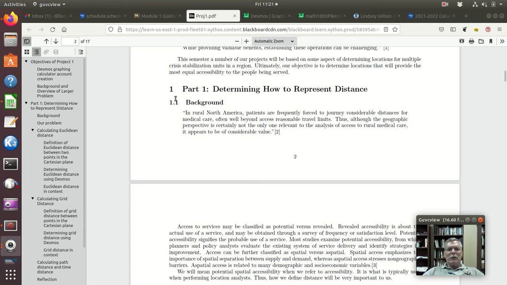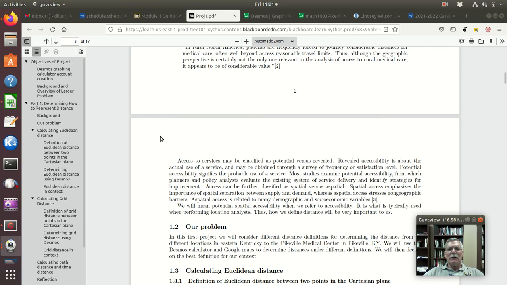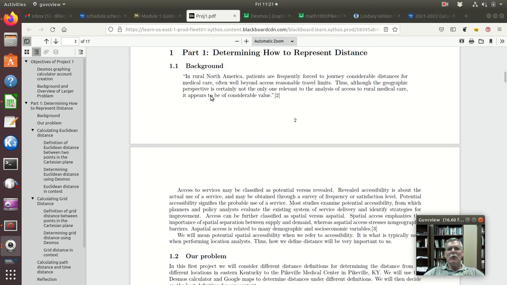Okay, now we want to look at sections 1.1 through 1.3. So this says part 1, and all your projects will have these 0, 1, 2, however many sections are needed. Here, mostly as far as your main technical tasks, it's just this section 1, part 1. So the background goes through and